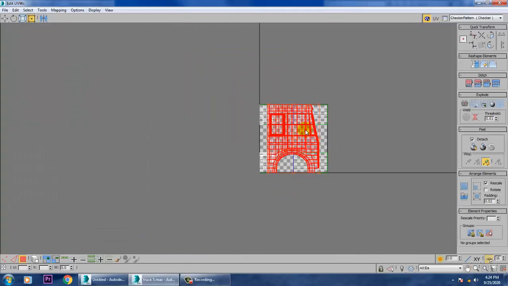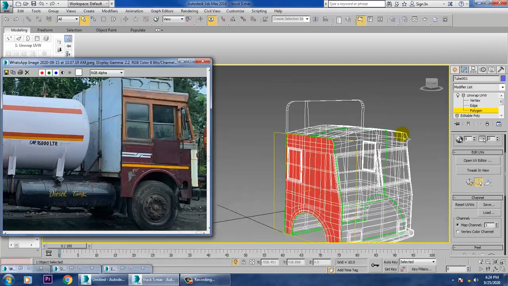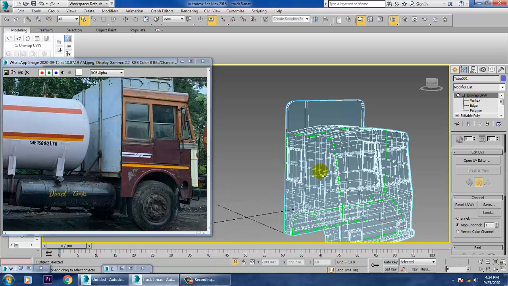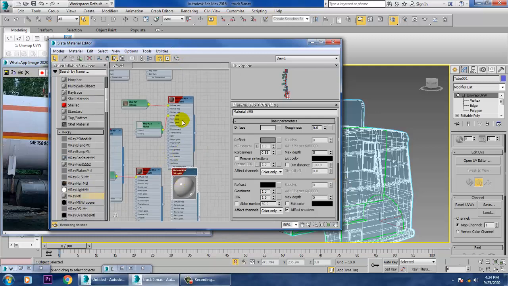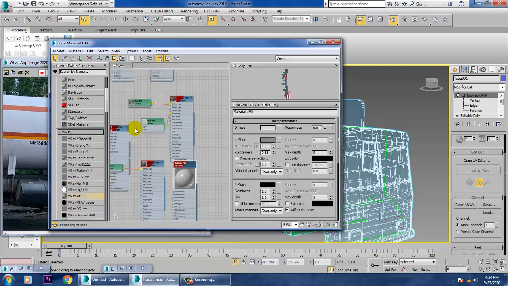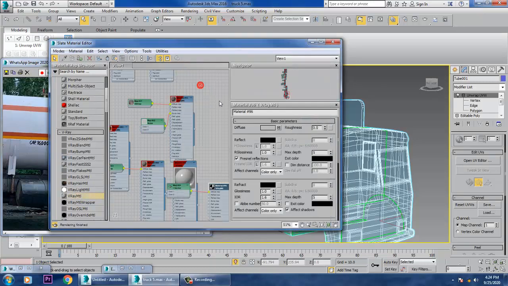So I can just push this out over here. Now if you want to check it, you can easily check it over here. You can just go into this, and let's again take a V-Ray material over here, and let's assign a checker over here, assign it.